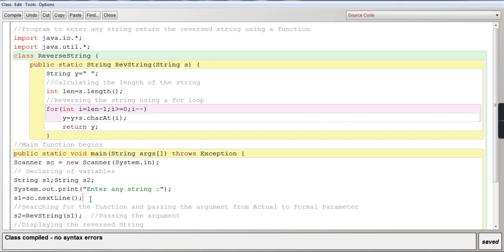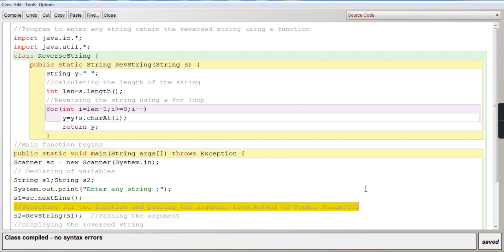Now once I've entered a string, for example "good morning", you go to the next hint, or the documentation.